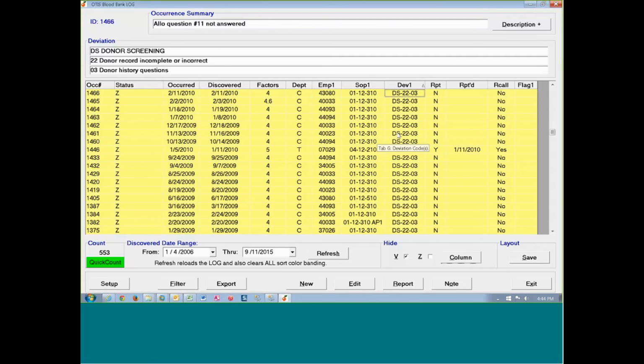for demonstration purposes. I would also bring your attention to the column to the left. And in the column to the left, it lists the SOP that's related to this particular incident. And you can see as we scroll through that SOP 01-12-310 appears quite frequently for each and every one of these DS2203 codes. And then moving one more column to the left, we see that we have a real variety of employees involved in each one of these incidents. Just looking at these contiguous columns